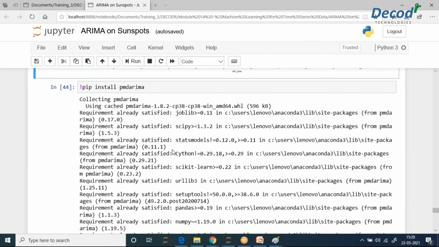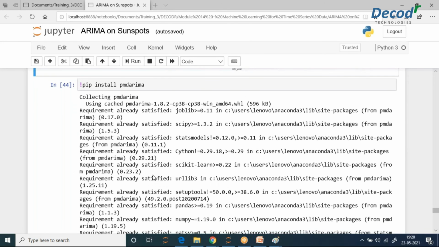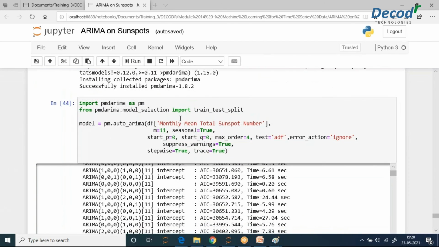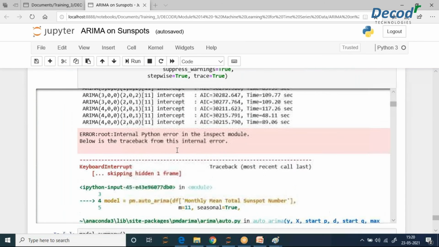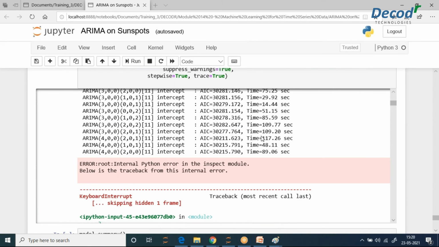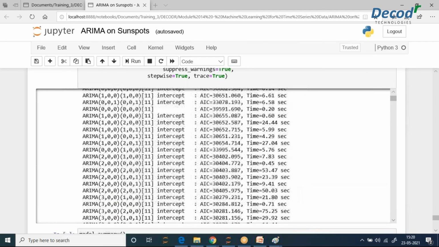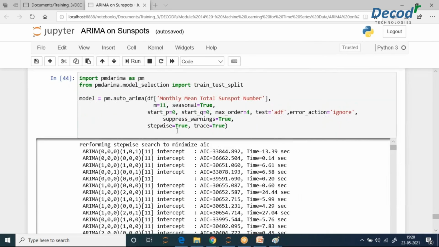Okay, then comes up a very good model, which is ARIMA. ARIMA is a machine learning model you can use to predict for time series forecast. Okay, so what you can do, I think I have interrupted initially. This takes a while. You can execute this code. It will just happen. So according to this, it is observing.